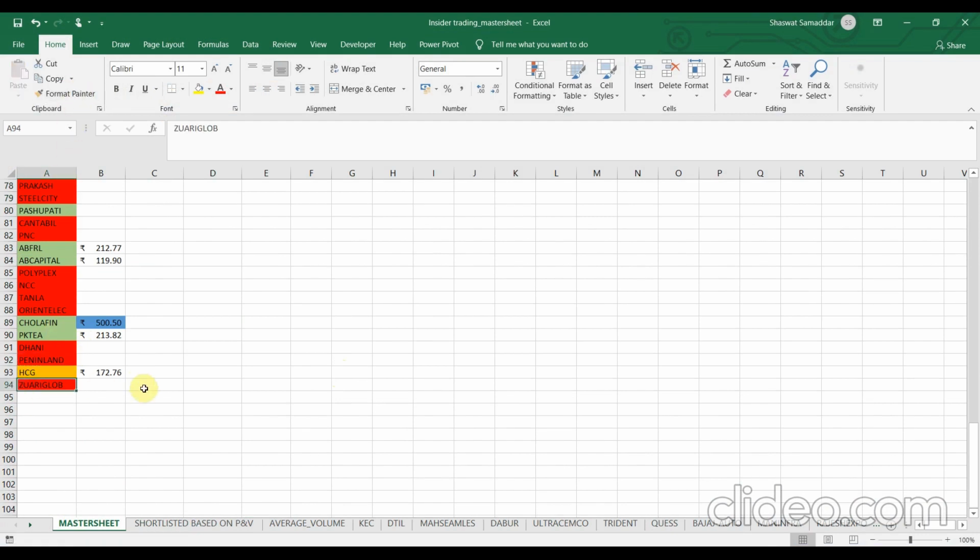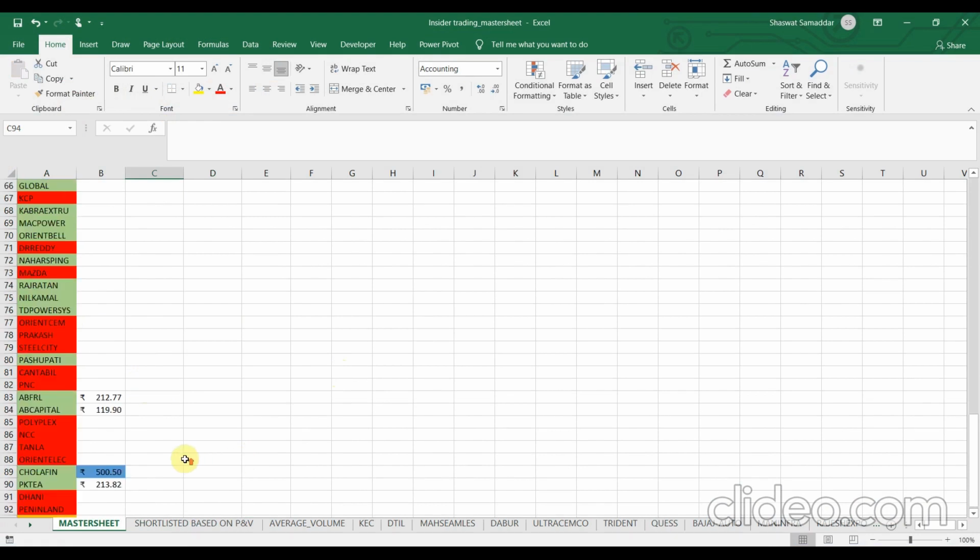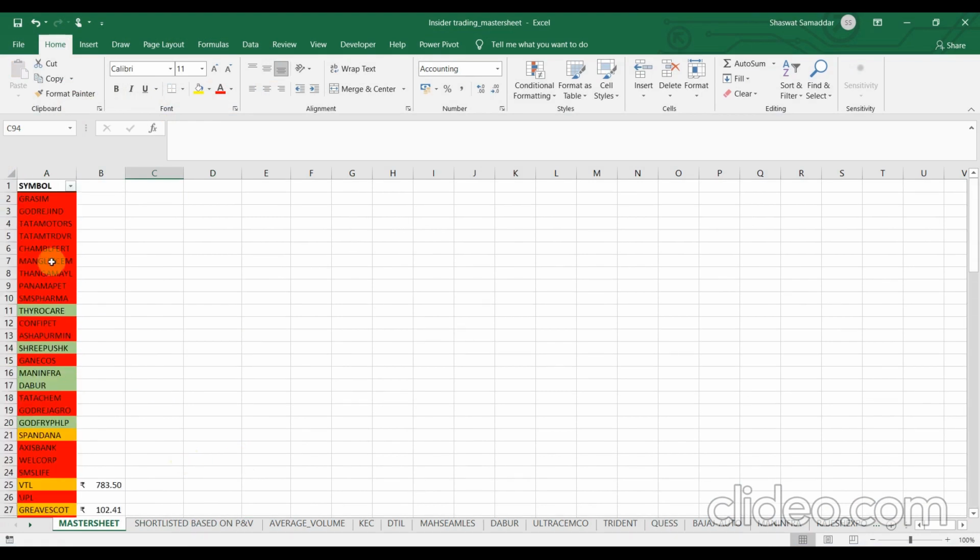Since we have some time left, I would explain very quickly the color coding I have been using. I mentioned there are three primary criteria and one optional criterion. If a particular stock fails to pass even one primary filter, then I mark it as red.